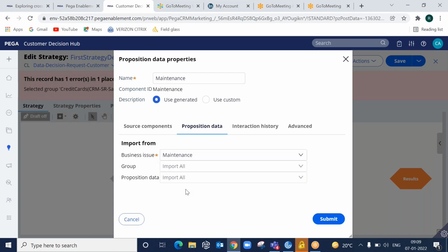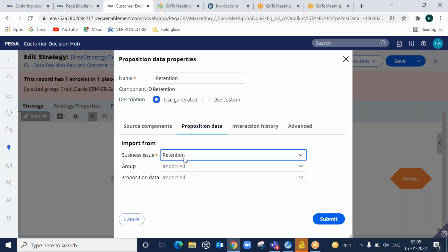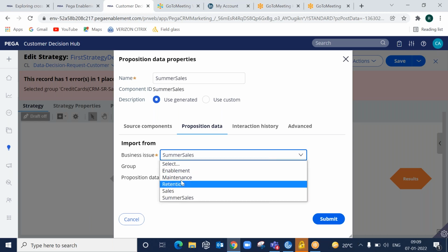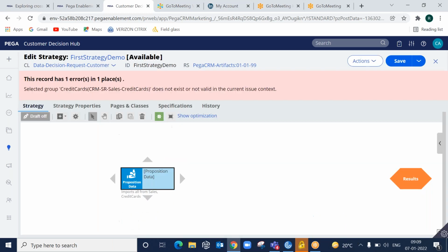Let's say I select this, and you can see I'm getting import all, and similarly I can select retention also. I can select summer sales, I can select sales, all these things. That means I'm not restricting the strategy to a specific issue and specific group. That is the meaning of that.